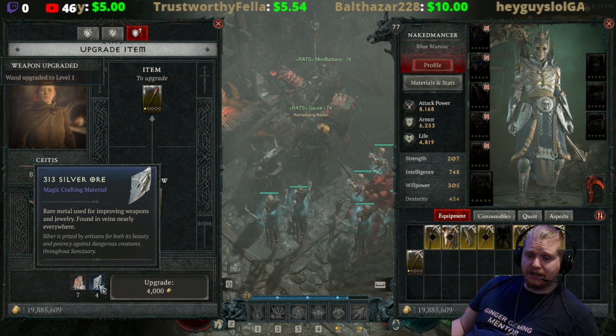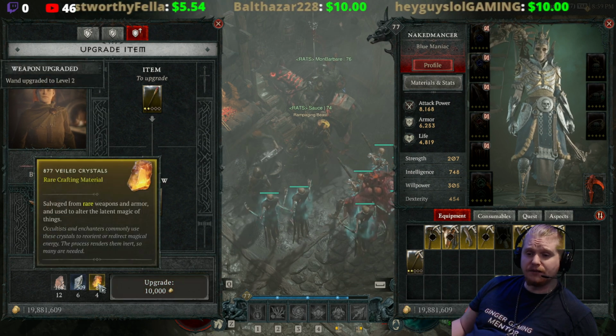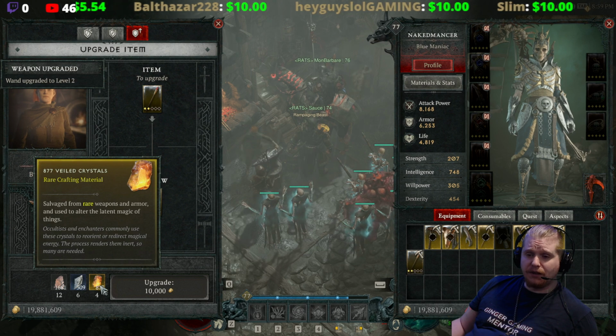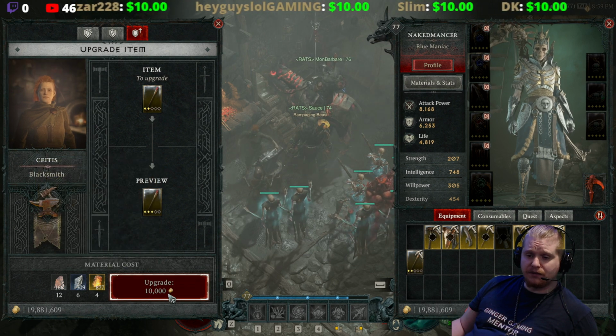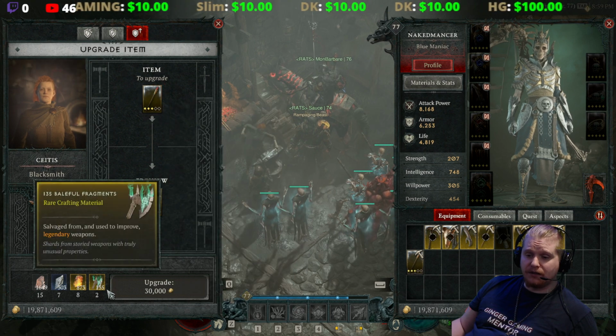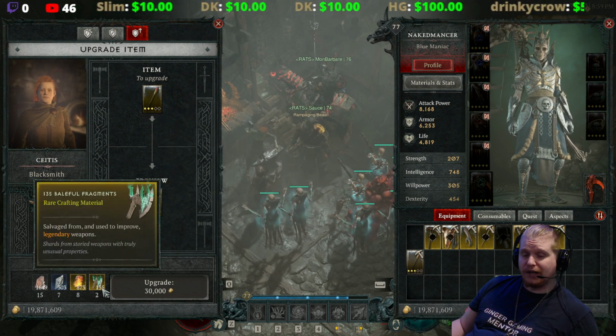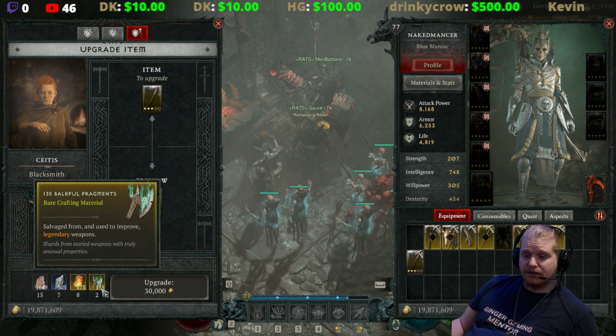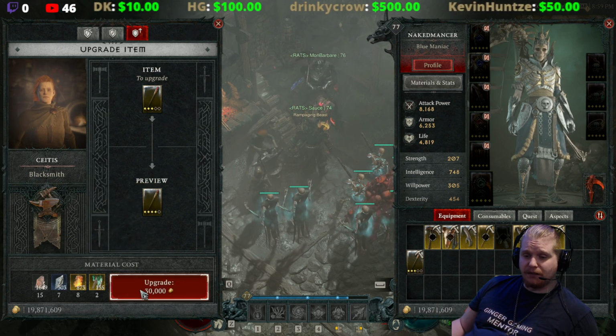Silver ore for the second at 4,000, which is also relatively inexpensive. And then the third upgrade is actually just veiled crystals, which is also very inexpensive. It's not until you get to the fourth upgrade that we actually go into the baleful fragments. Now this is kind of expensive. So the baleful fragments is going to bring this up to the